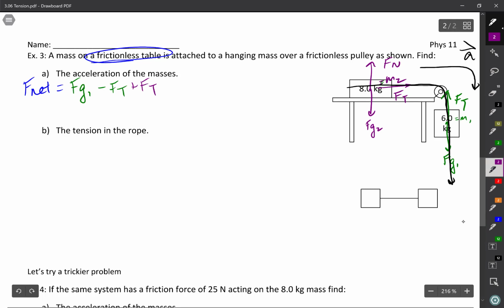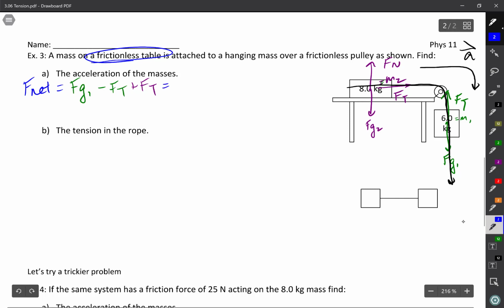There's no friction force, so 1, 2, 3 forces along that line, and this is going to be equal to the entire system, which is mass 1 and mass 2 included, times the acceleration. These Ft's cancel, so I am left with Fg1 equal to mass 1 plus mass 2 times the acceleration of our system. Then I just have to divide both sides by mass 1 plus mass 2